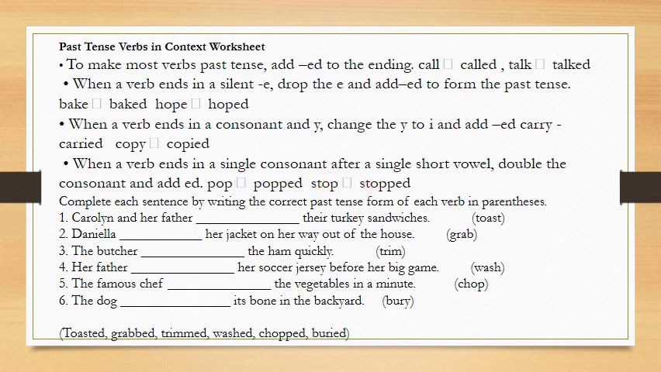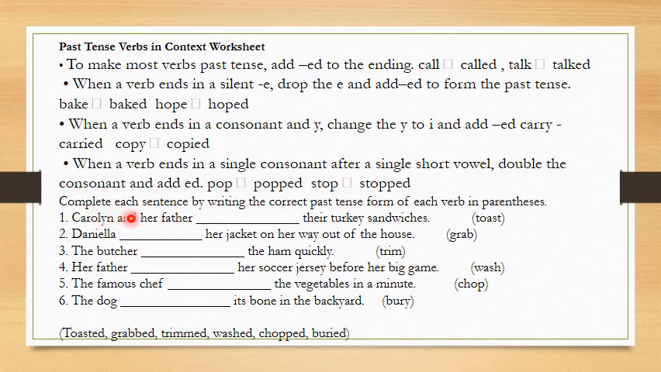Now here is another example for you to do the practice. Complete each sentence by writing the correct past tense form of each verb in parentheses. In the parentheses, you can see the forms of the verbs are given. We need to write in the blanks and choose the correct form of the verb. Now statement number 1 is,